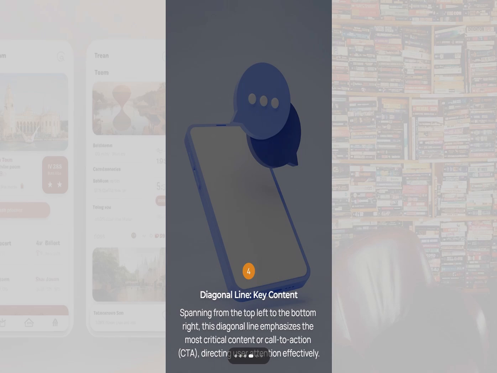Critical content such as product details, supporting text, testimonials, or calls for deeper engagement should be positioned along this vertical pathway. Why Z-type design